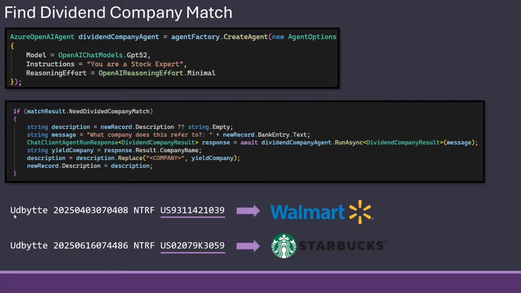And this is how they look. They look like this, and it's actually this US something here that shows that this means Walmart, this means Starbucks, and so on. Again, I could have taken this and put it into some service, but it might have cost money. This just works 80% of the time at least, so I'm okay with this. If it becomes too much of a hassle, I will enhance this. This is the normal minimal viable product version of it. So far, it's good enough for me.